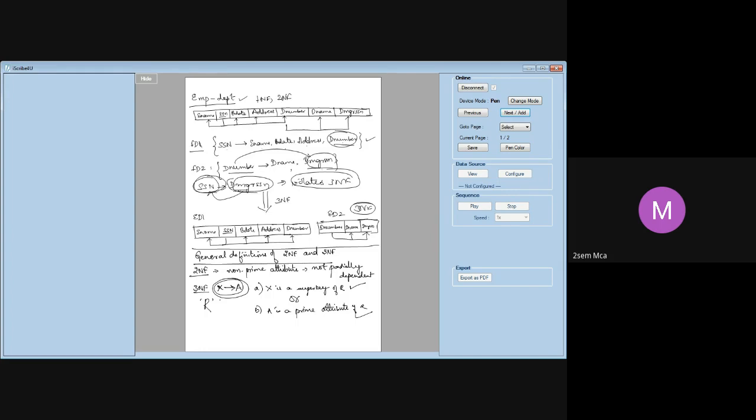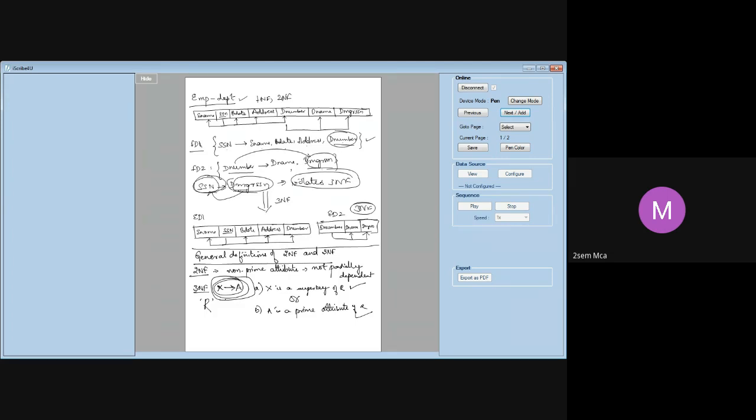One of these conditions has to hold, then we say that this table is in the 3NF with respect to this particular functional dependency. Okay. Second normal form states what? Another way of stating it is what? None of the non-prime attributes should be partially dependent, or every non-prime attribute should not be partially dependent on any key of R.